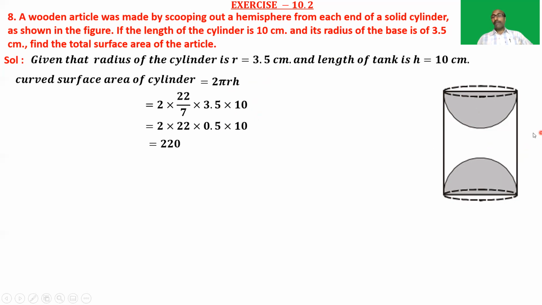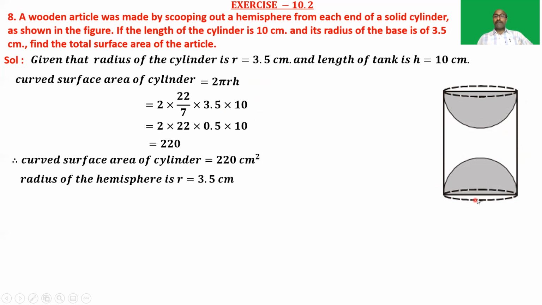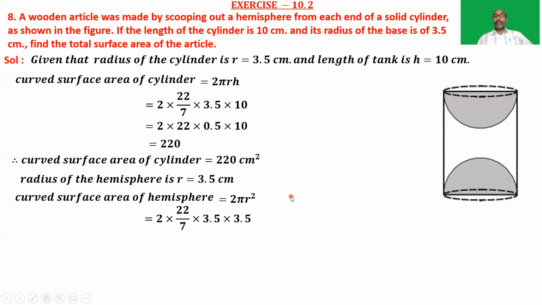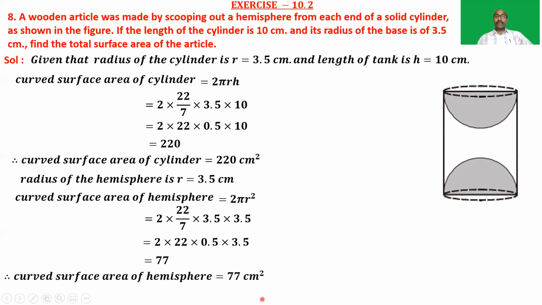In this picture, we should be able to see the curved surface area of the cylinder and the curved surface areas of both the hemispheres. Okay, so let's find the curved surface area of the hemisphere. The radius of the hemisphere is given as 3.5 centimeter. So CSA of hemisphere is 2πr², which is equal to 2 into 22 by 7 into 3.5 into 3.5, and is equal to 77. Now, the curved surface area of the hemisphere is 77 centimeter square,